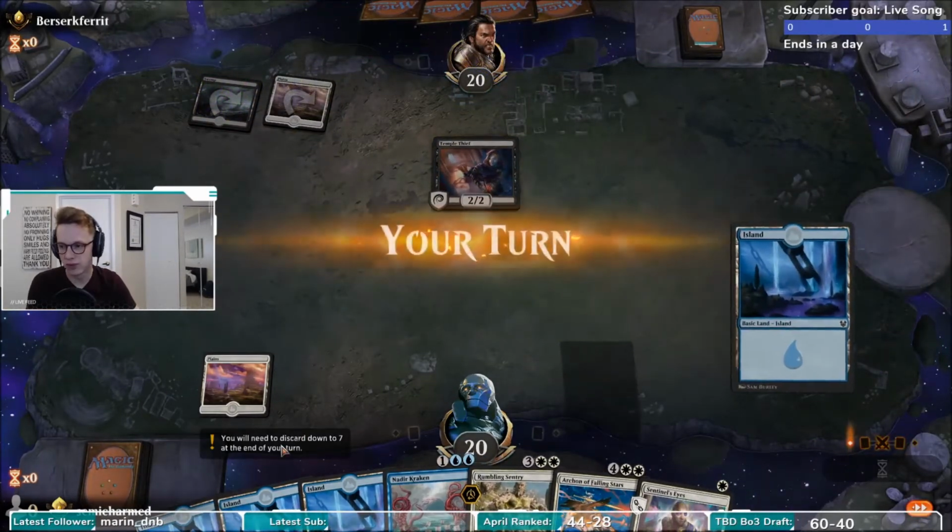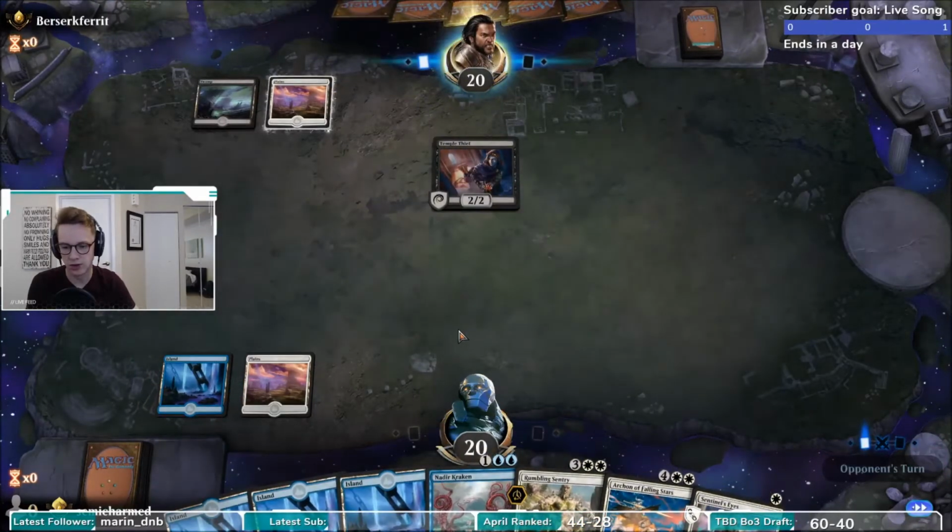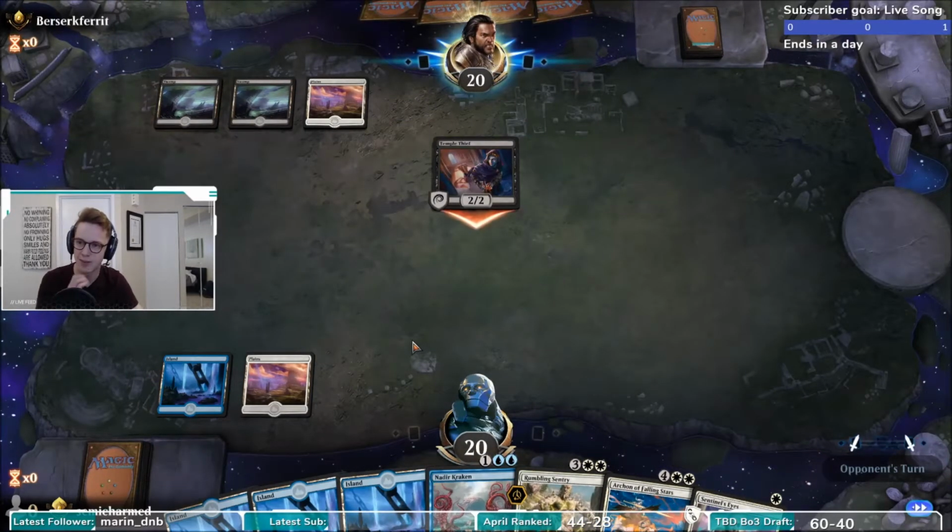Temple Thief, kind of annoying. Nothing we can do right now. So next turn it's just Kraken, unless we draw another 3-drop that...